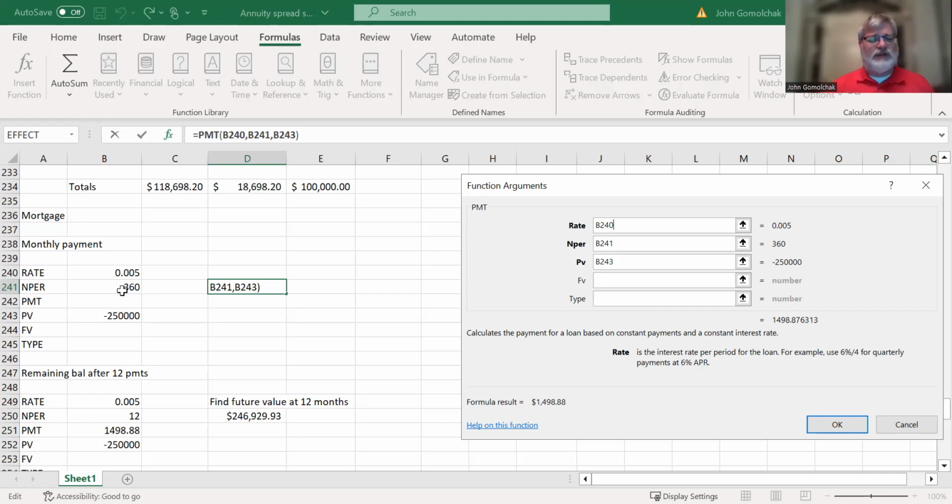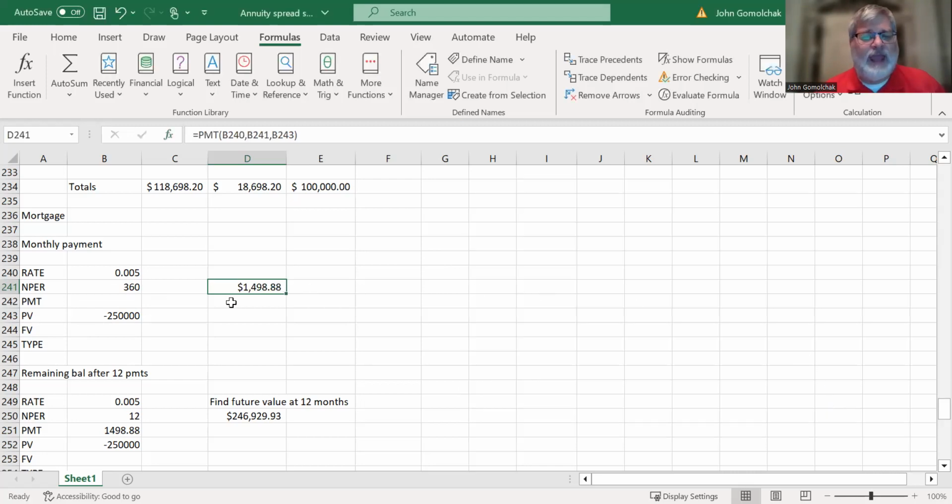Number of periods is 360. The present value is a negative $250,000. Now, to make that go to the future value of 0, we'll calculate the payment. Everything's in our input section here, and it comes up with a payment of $1,498.88, which the book says